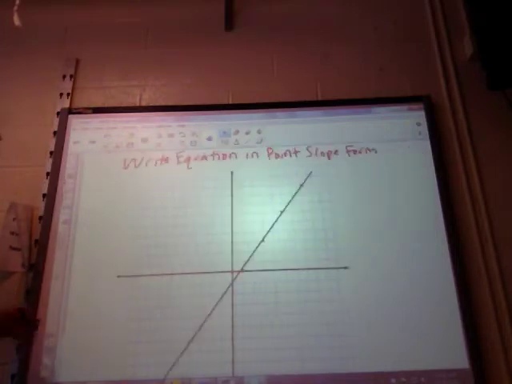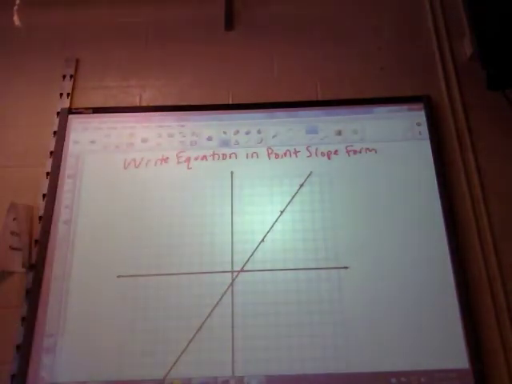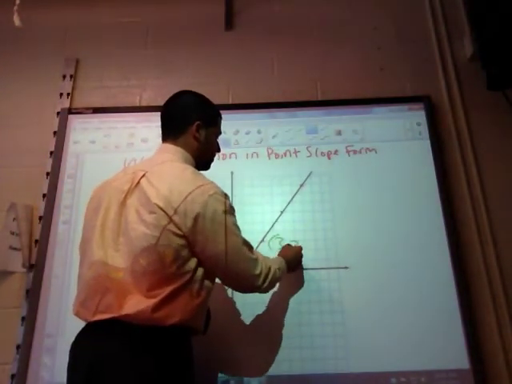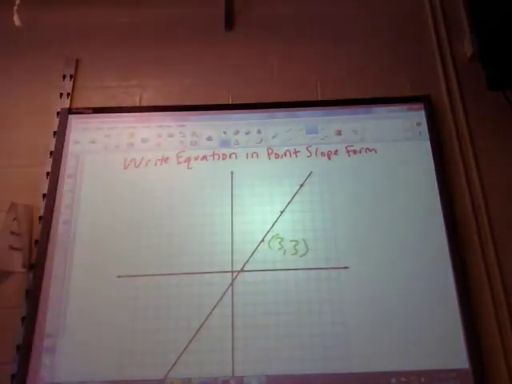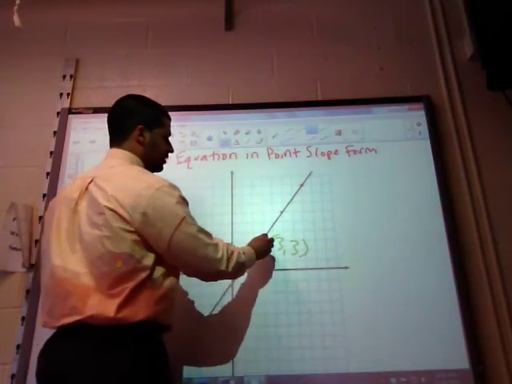So one last skill. Write an equation in point-slope form. So I've given you a line, and let's say I give you this point, 3, 3. I tell you to use that in your point-slope equation. Well, you can do a lot of different things here. You can find your slope using the slope formula, but in this one I'll just do it the manual way